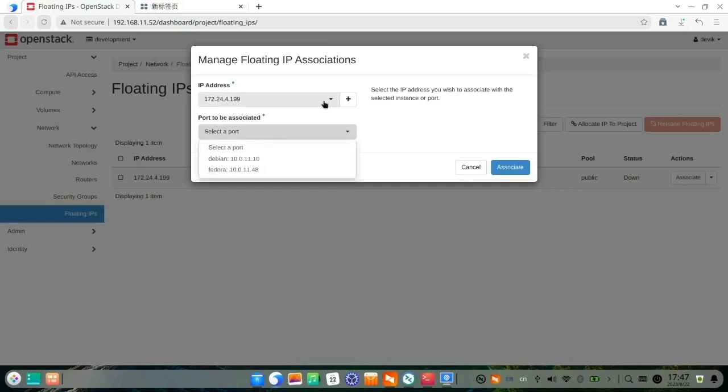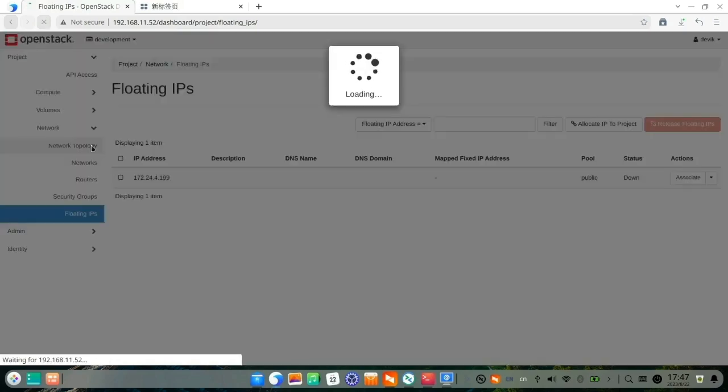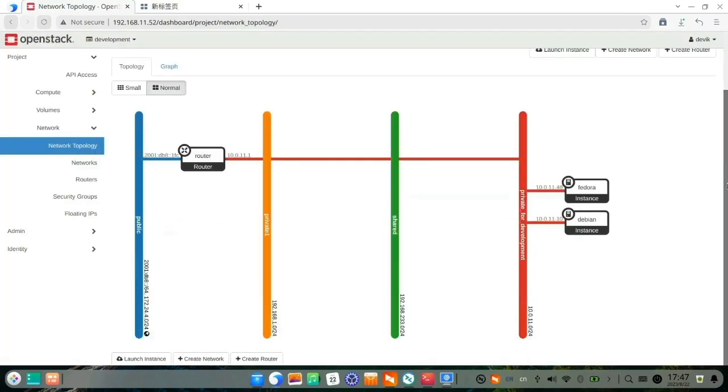Yeah, on the 10.0.11 network, Fedora and Debian are running. You need to route and add the interface to the router for the 10.0.11.0 network with the 172 public network. So now Fedora and Debian, the red one is the private development 10.0.11.0. That network is connected to the router, and the router routes to the 172 network,